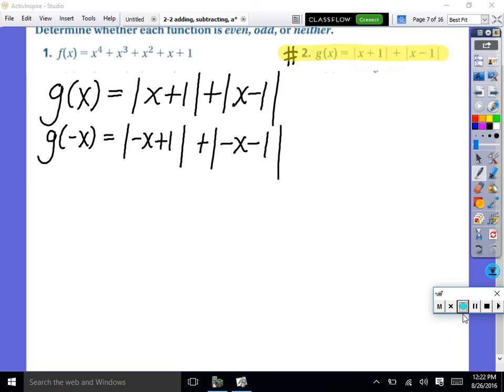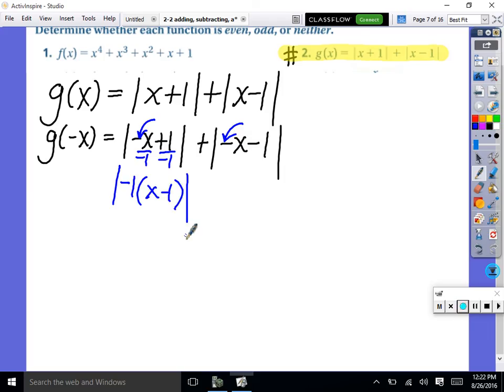Now notice a couple things here. So we have g of x, and I'm doing number 2 with you algebraically. The reason we're doing it algebraically is because I might say to you, show me this algebraically. So I'm plugging in a negative x wherever there's an x, and then we'll simplify it and see where we're at. Notice how we have a negative in front here when I plug in negative x. So I'm going to rewrite this. I'm going to factor that negative out, because if we have a negative in front, we'll factor it out. So then divide each term by negative 1. So left is positive x minus 1,